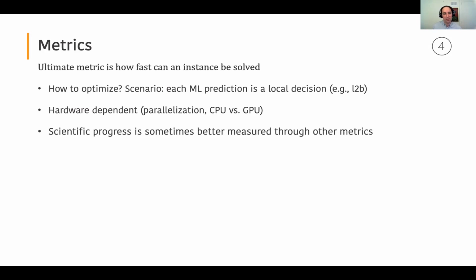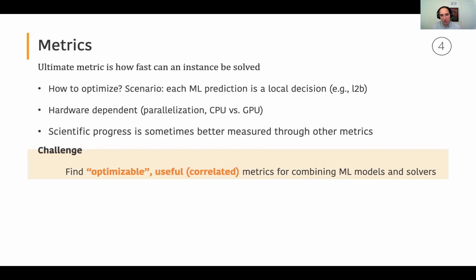The third thing I would mention is that scientific progress is sometimes better measured through other metrics. A good example of that is primal heuristics. There is, of course, a relationship between how good a primal heuristic is and how fast your solver will be. But in general, you might want to focus on a subset of the whole problem, and these dictate different types of metrics. So if I was to frame what is a big challenge for machine learning regarding metrics, it is to find optimizable and useful metrics for combining ML models and solvers,